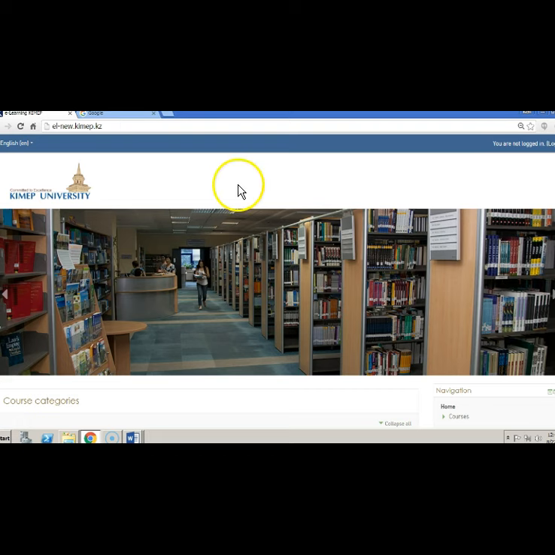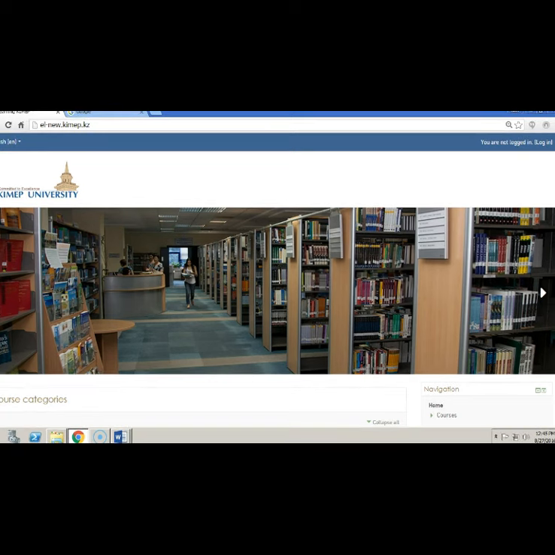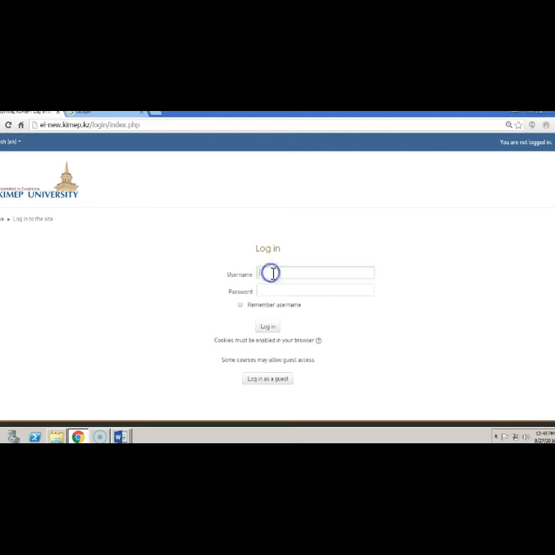I don't want to stop the video, so I can move the boundaries, but I can't without stopping it. I think this is good enough. Anyways, I go to login, and in here, put in my username, which is the same I use for my email, same I use to get into my computer in my office. So type in my username and then my password.